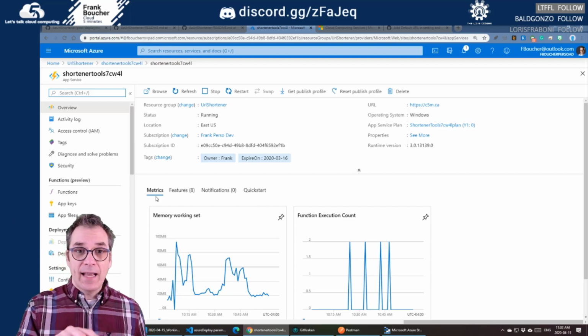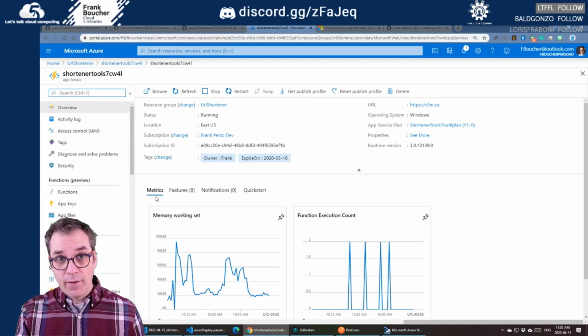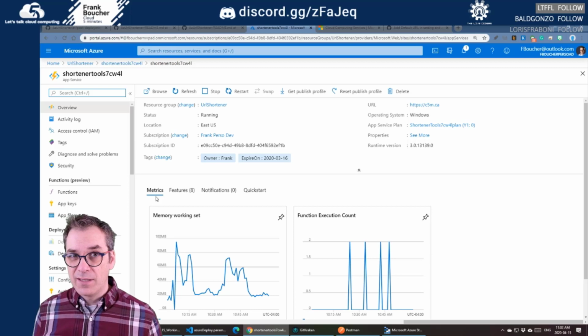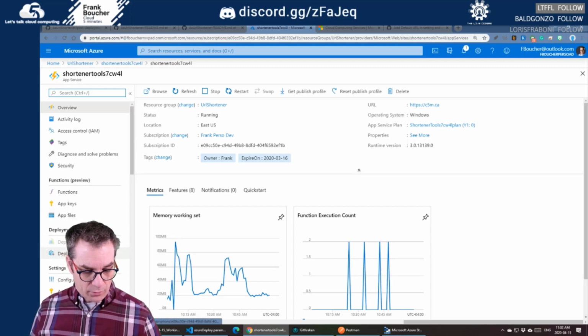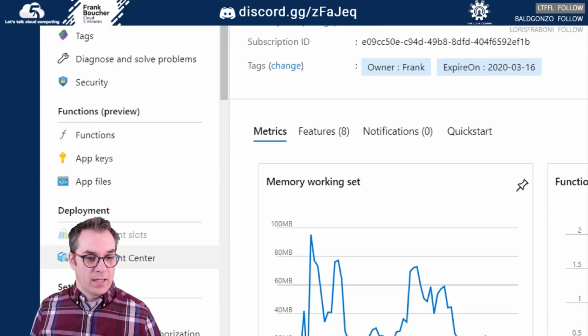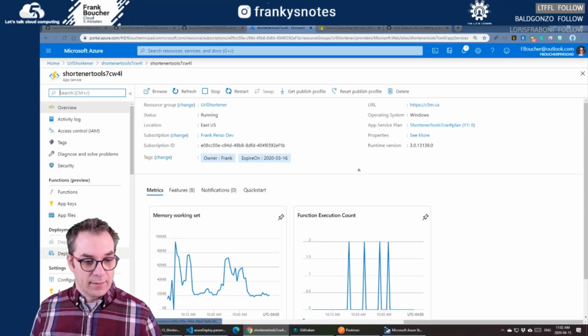And the way I deploy the code inside the function is by doing a sync push. So you could just do the same thing to refresh. If you go in Deployment Center, from the left menu, you have a bunch of different menus. In one of them, in the deployment section, it's the Deployment Center. So if we click on that,